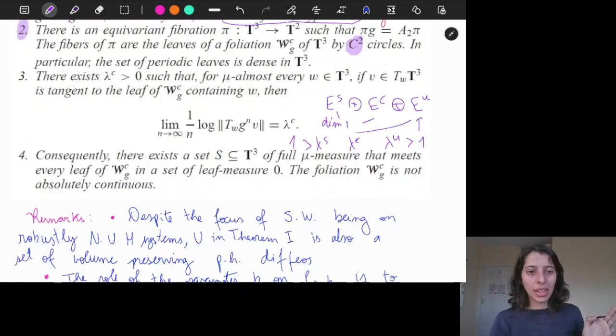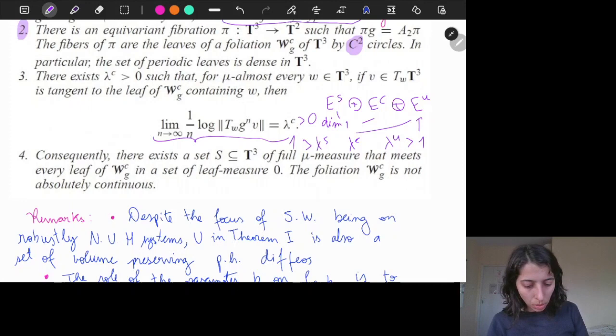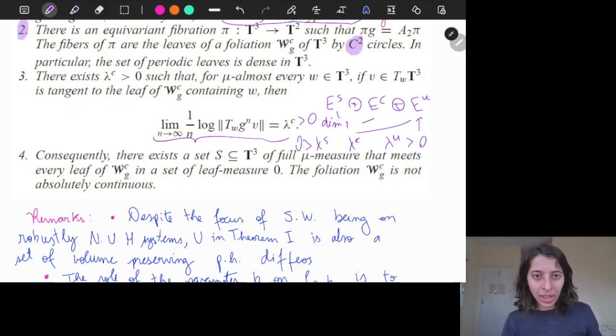This means that any vector tangent to the center foliation, belonging to the center direction, will have this rate of exponential growth given by EC that is greater than 0. Oh, I'm sorry, this was 0 and this was 0. I don't know why I said 1. Anyway,